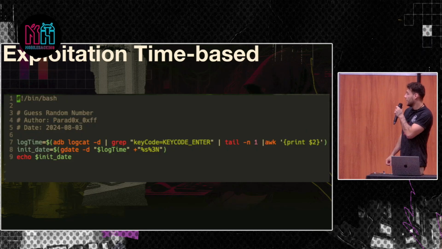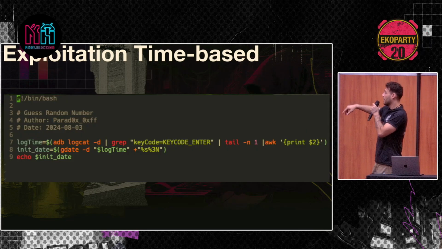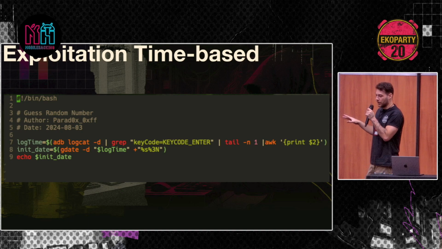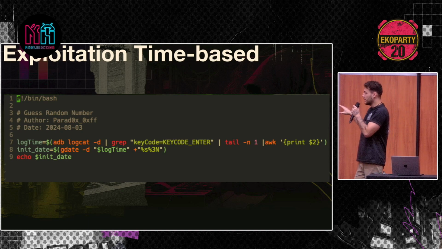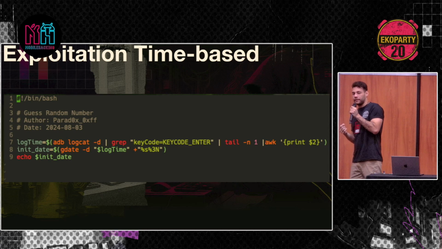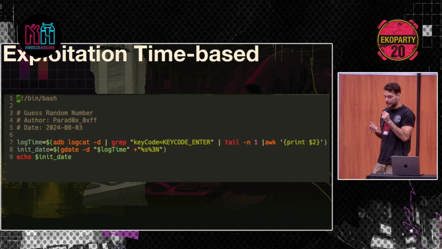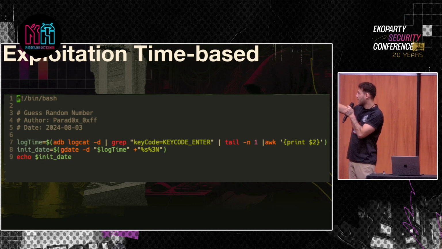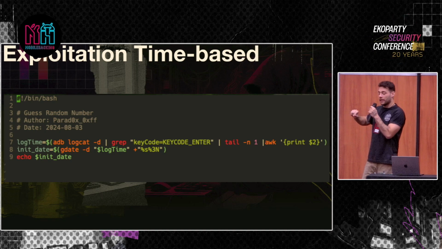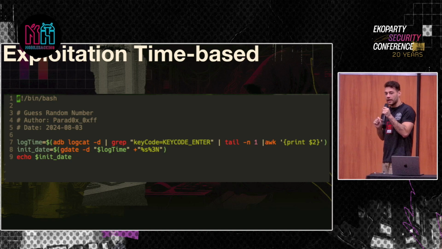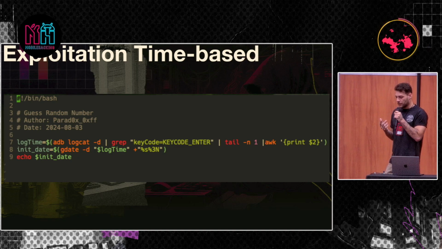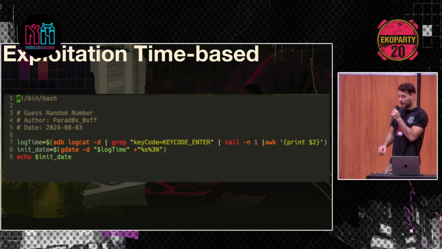Right here, I have the timestamp.sh code. I just modified the exploit to use this script because I realized that when we use the key code enter using ADB, the Android application generates a log. So for me, it was better to use this log time, because when we hit the enter number